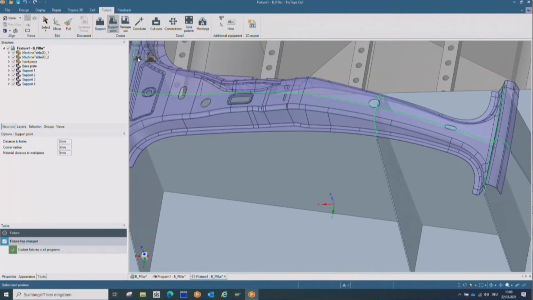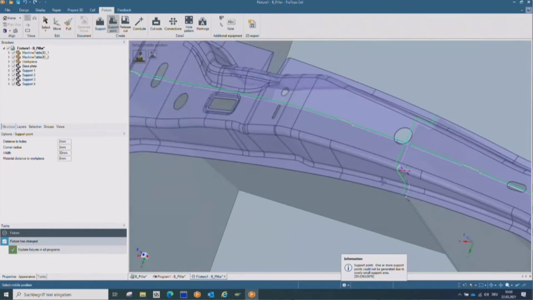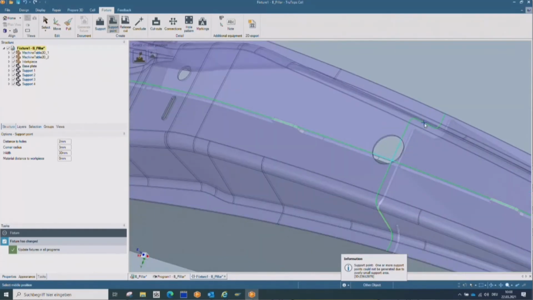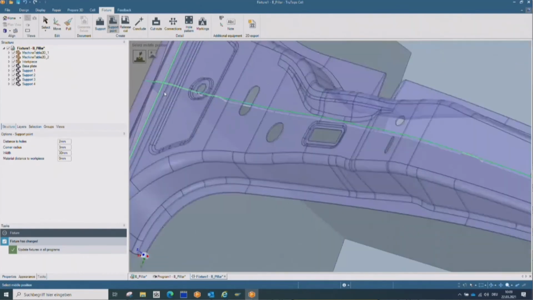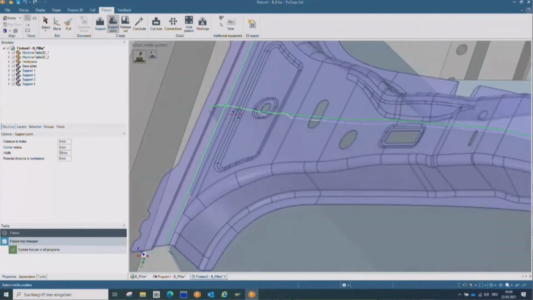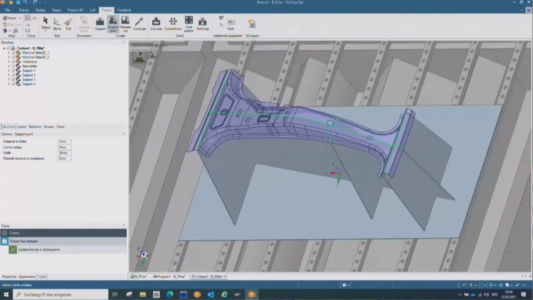So we know where the part is positioned, where the part is touching the fixture, so we don't have too many touching surfaces. We can create these support surfaces or touch points, so it's not possible where there are holes, but we can select the touch points here and there. So once we have done this,